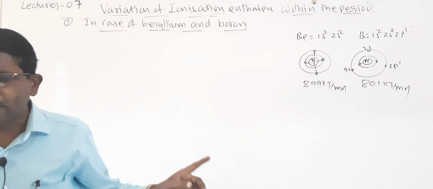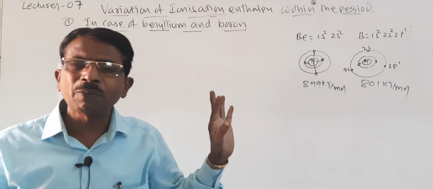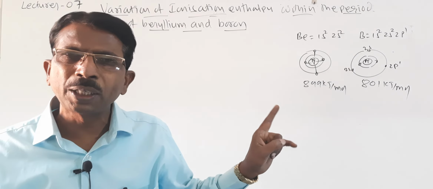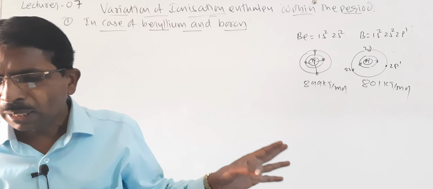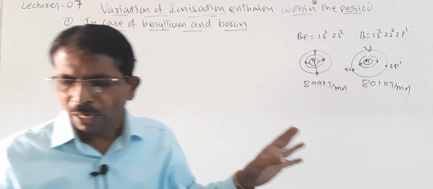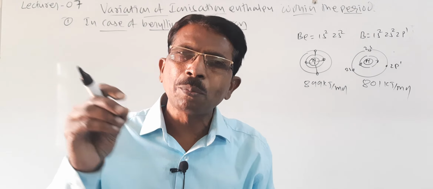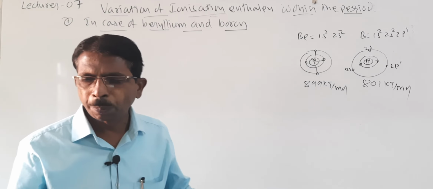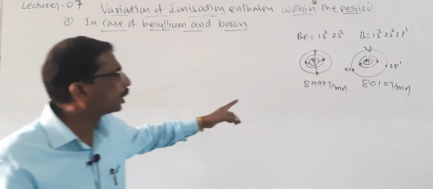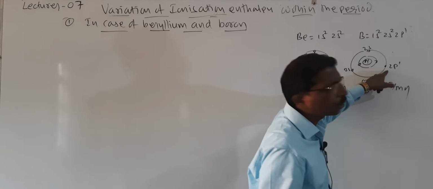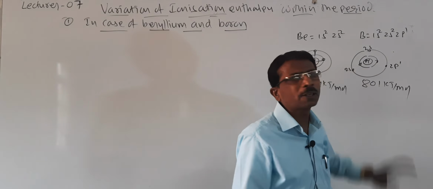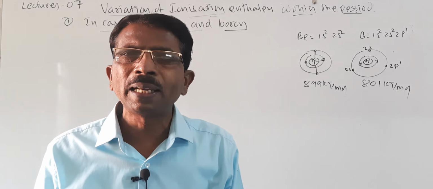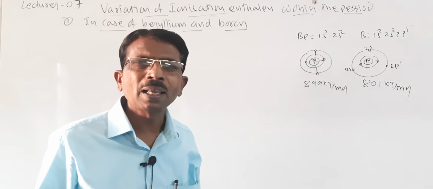So what is the reason here? First one, beryllium has completely filled 2s orbital, 1s2 and 2s2, but in case of boron, 1s2, 2s2 and 2p1, the 2p electron is there. So here remember, the 2s electron, which is very close to the nucleus, has more penetration to the nucleus as compared to the 2p electrons. So therefore the 2p electron of boron is more shielded by this 2s electron, and therefore the 2p electron can be easily removed, hence its ionization enthalpy is less.